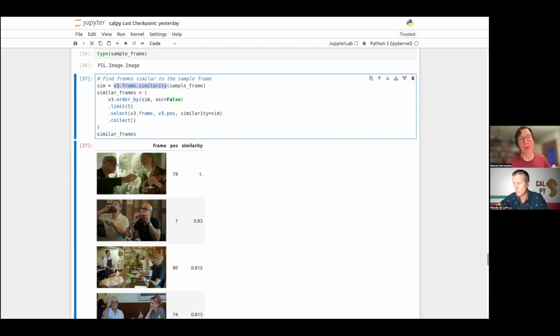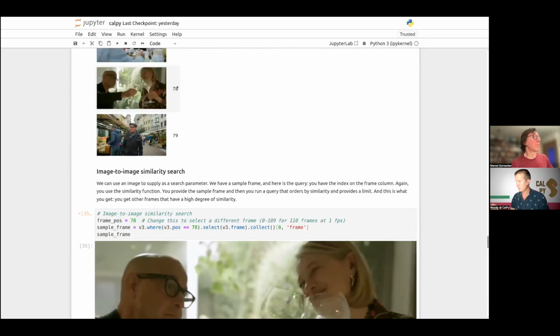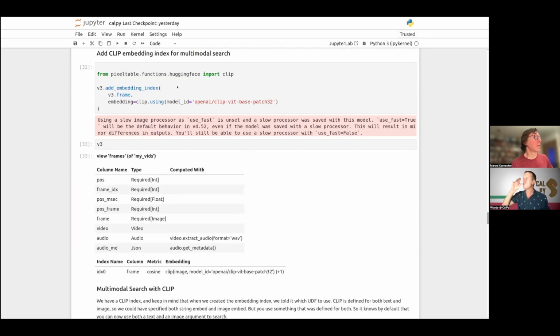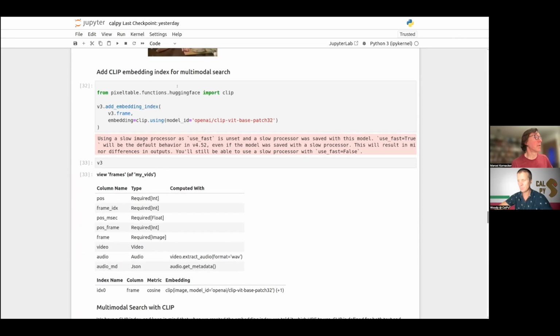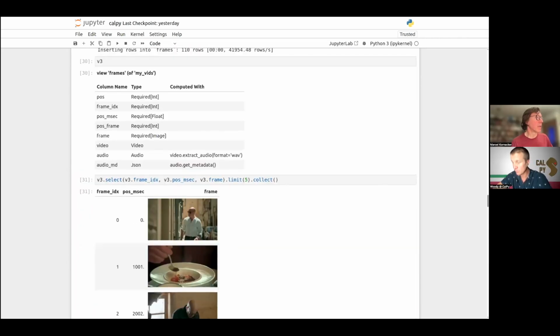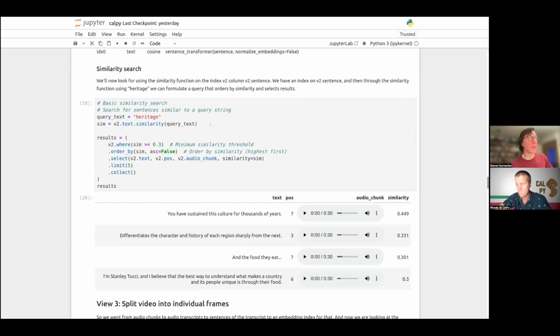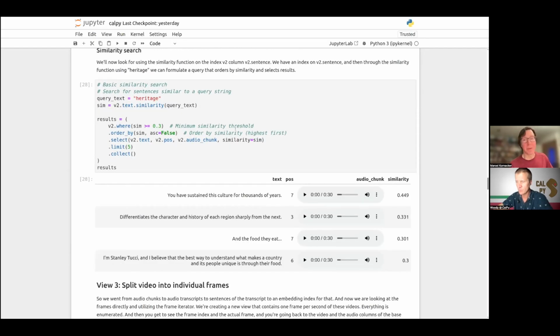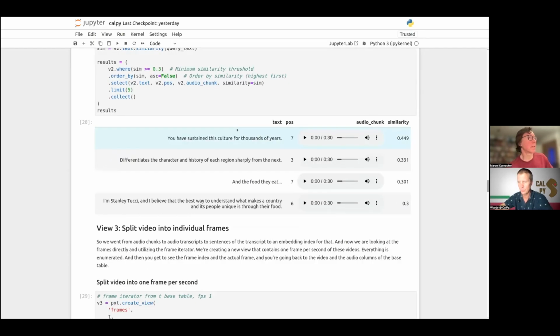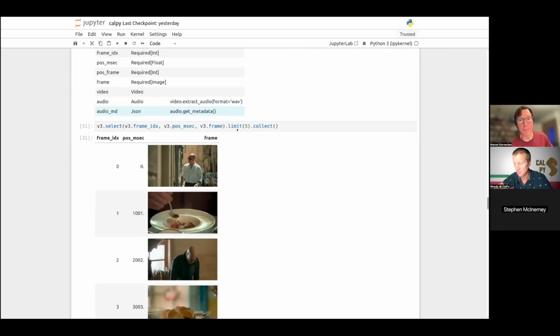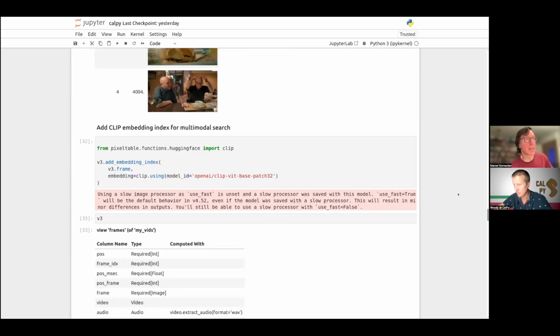We could also run a query against, let's see, the index we put on, not frame, sorry, I have to backtrack. The index we put on V2 text, right? We could also use that now, actually with an image, but I don't think the glasses will yield much, but we can see. Did that answer your question?